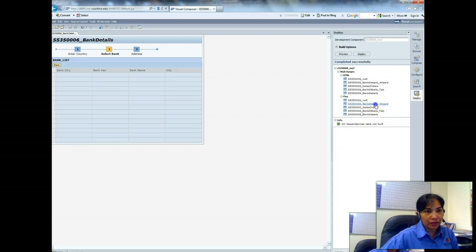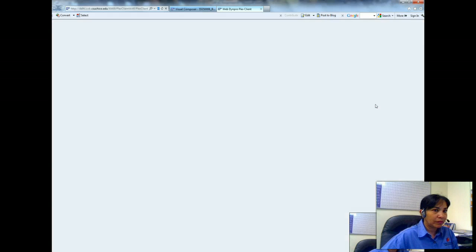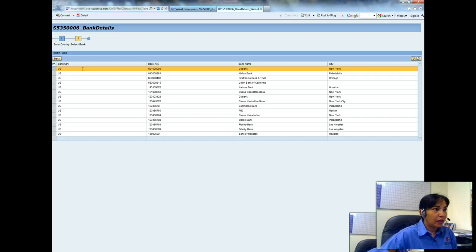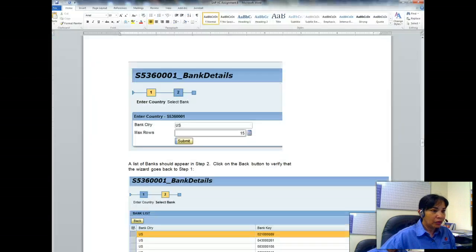So wizard, that's the one I would open. I will do US and then I will do 15. So it shows me this information of the 15 banks from the US. Okay, so at this point